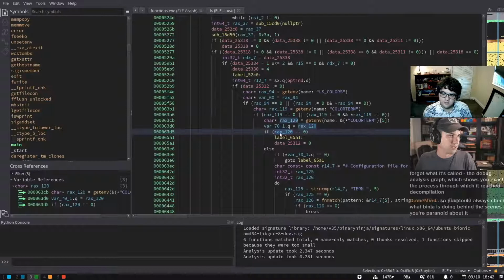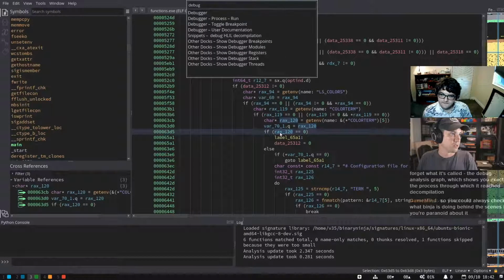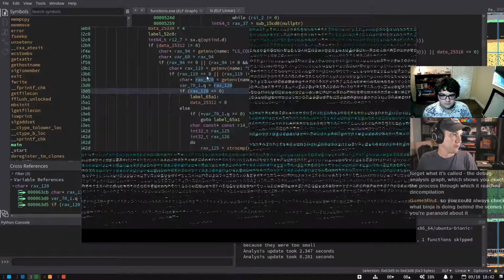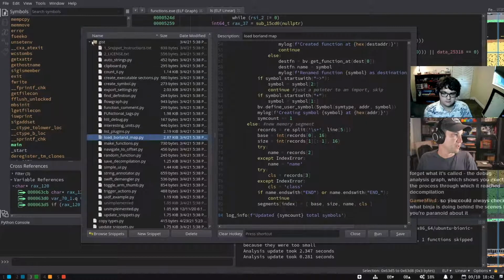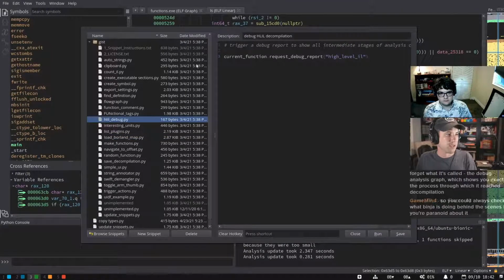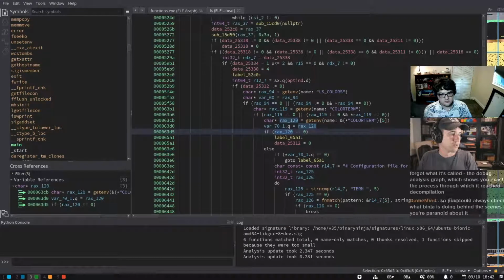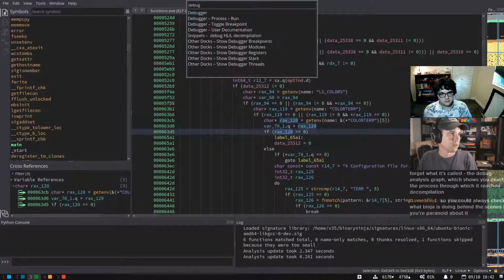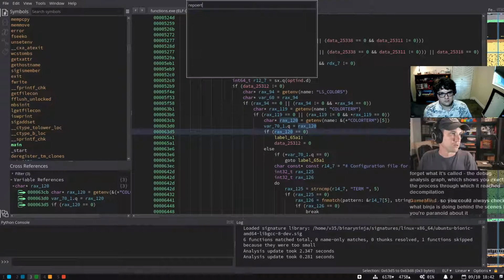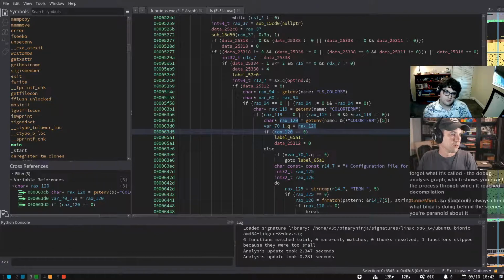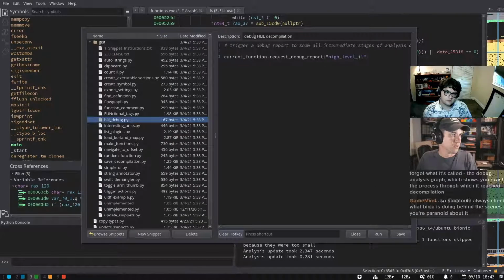One thing you can do is a debug report, which is unfortunately right now only in snippets. Let me find it.